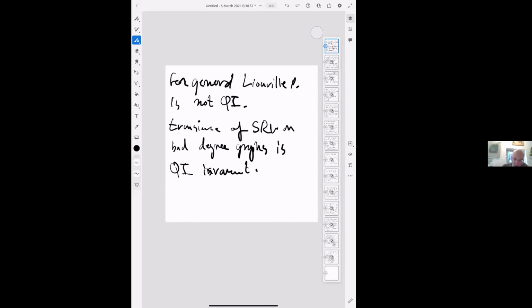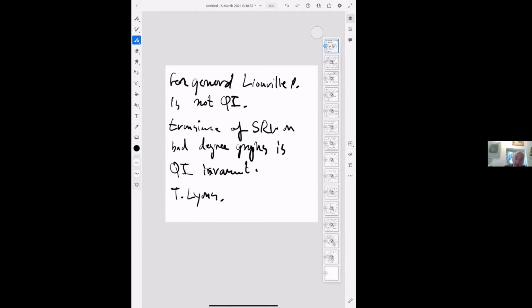And the question was, what about the Liouville property? In the mid-80s or 87, Terry Lyons constructed a rather involved counterexample, and now